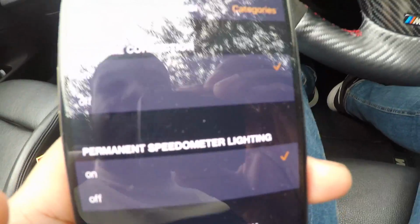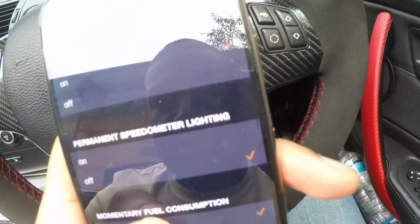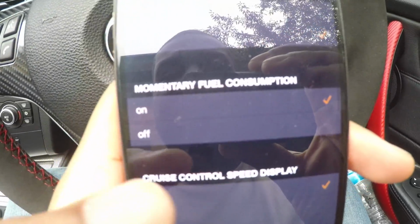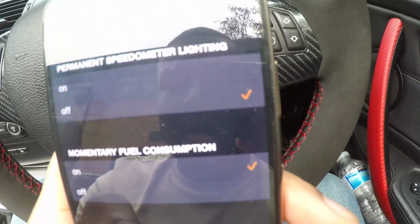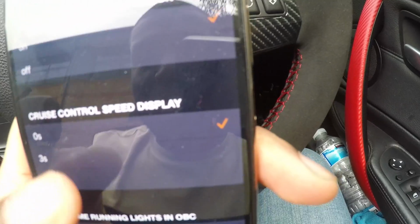So basically your speedometer, if I set that on, if I was to drive during the day and my lights are off, it would always be on. So I don't need that to be on, so no need for that. Don't do it, just don't do it. Momentary fuel consumption, yeah, I like seeing that as well. Cruise control speed display, I'll show you. Let's see,